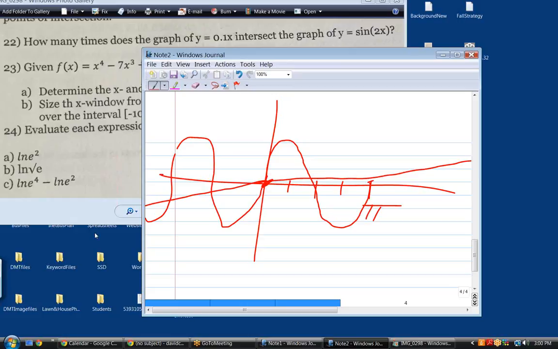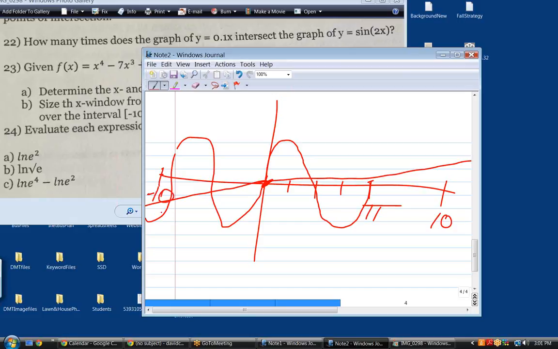You got it, because sine of 2x is never going to be greater than 1, and it's never going to be less than minus 1. So the moment x gets to 10, the y value becomes greater than 1, or the moment it gets less than negative 10. So inside the range 10 to negative 10,